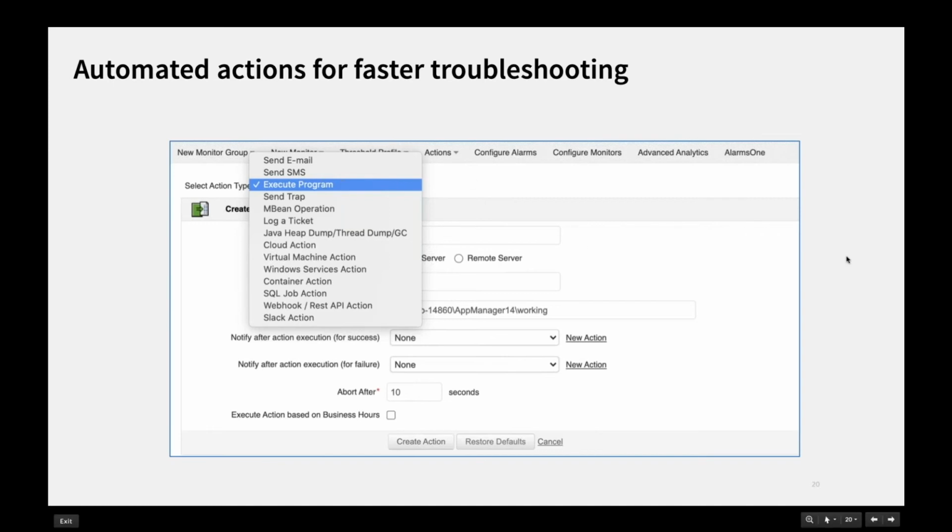Similarly, if there is a problem with, say, a Java application, we can configure an automated action to generate thread dumps or heap dumps or trigger garbage collection should that particular threshold be breached. So just quickly